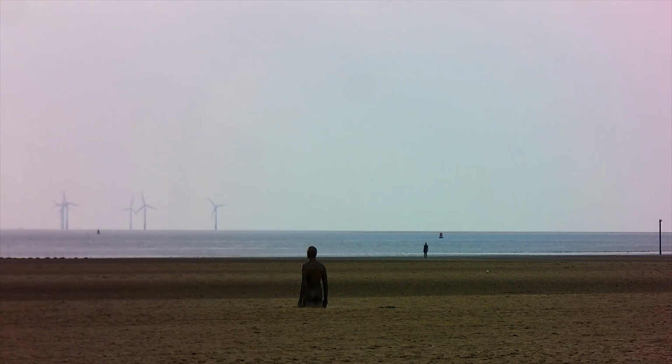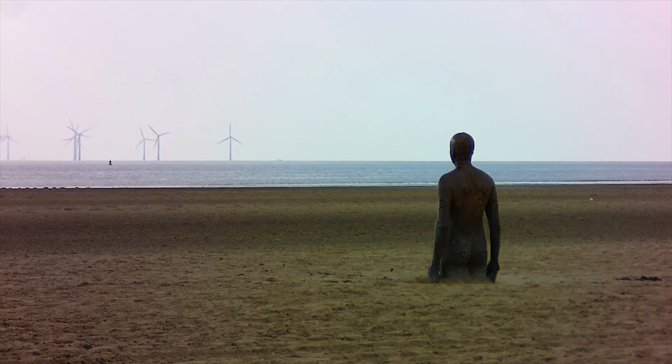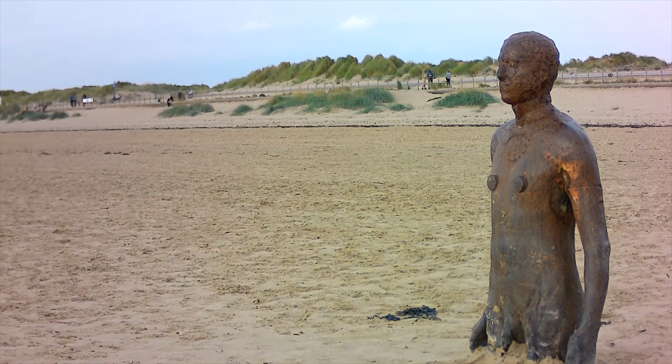This is Crosby Beach, and it's home to 100 cast iron statues by a man called Anthony Gormley. Anthony Gormley is famous for doing the Angel of the North and a set of sculptures called Horizon Field in the Austrian Alps,